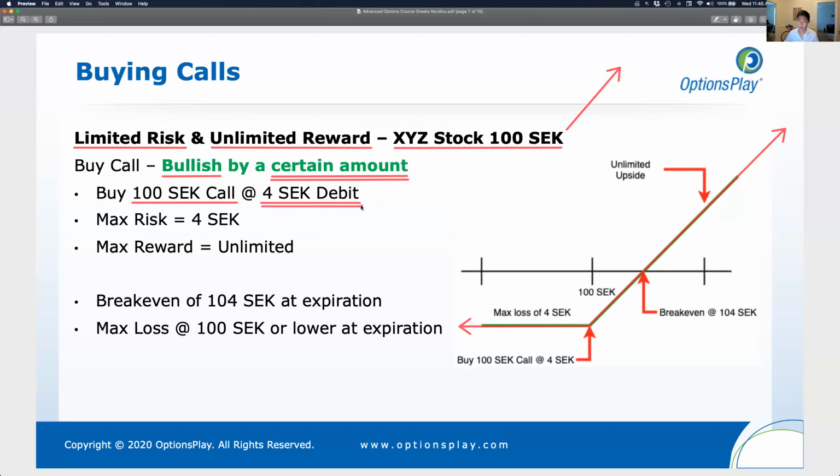Now, each option contract is for 100 shares. So to buy one contract, this would cost me 400 crowns. But to buy 100 shares of the stock, it would cost me 10,000 crowns. So instead of costing me 10,000 crowns, it only costs me 400 crowns. And my max risk, no matter what happens, is this 4 crowns that I pay per share. So even if the stock drops to 0, if I bought 100 shares of the stock, I would lose 10,000 crowns. If I bought this call option and the stock goes to 0, I only lose 400 crowns,